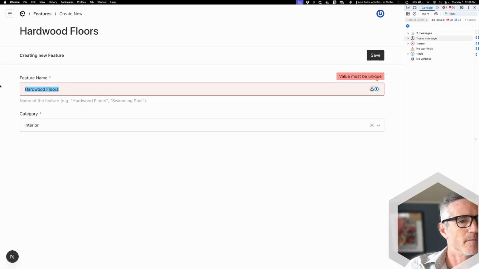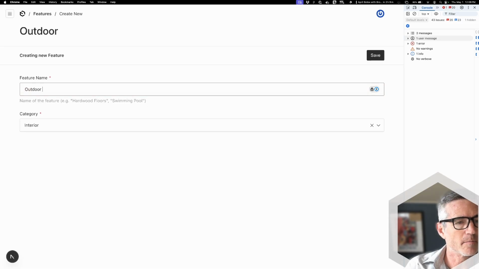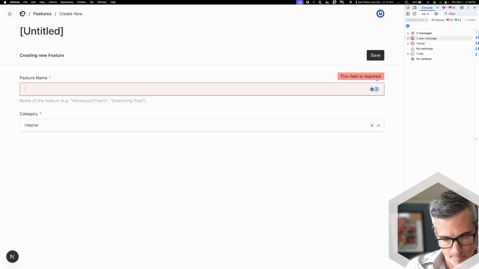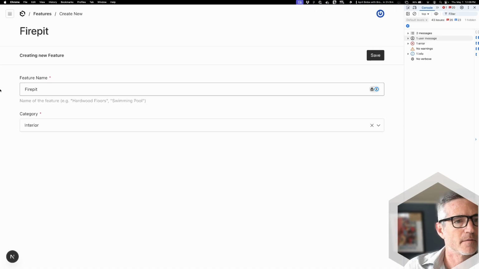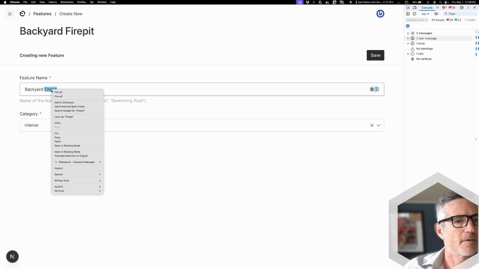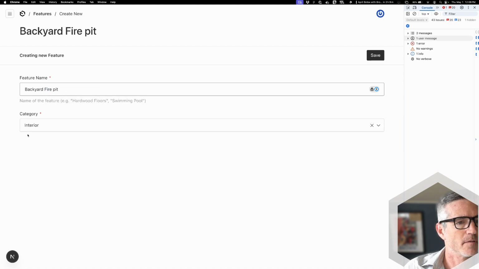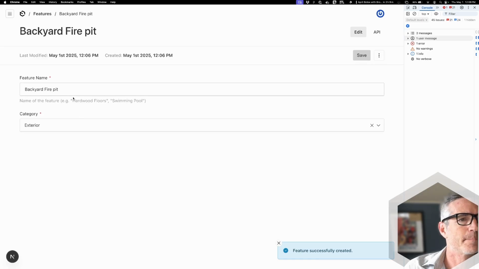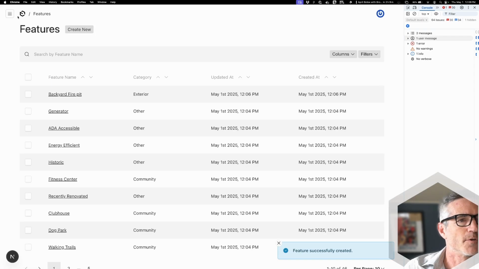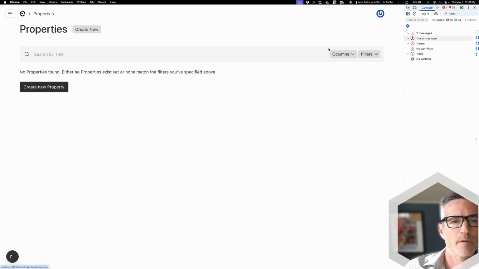All right. Outdoor. Call it a fire pit. Backyard fire pit. Is that really not how you? All right. Exterior. There we go. So now when we go to our properties,